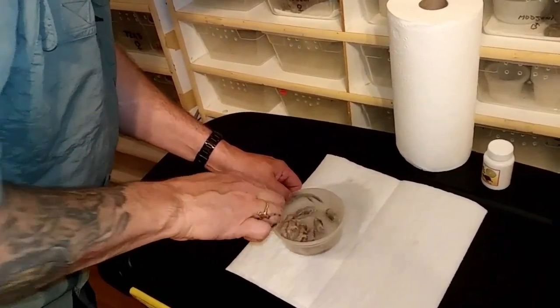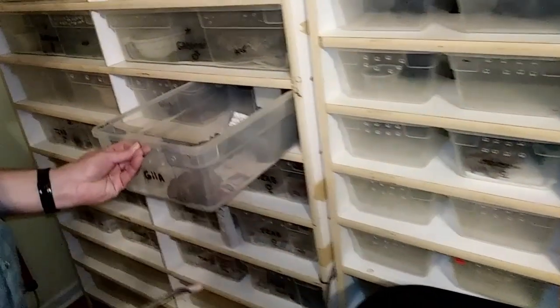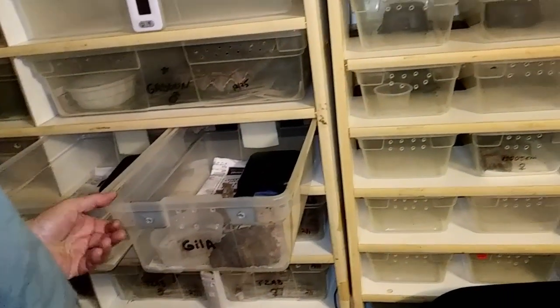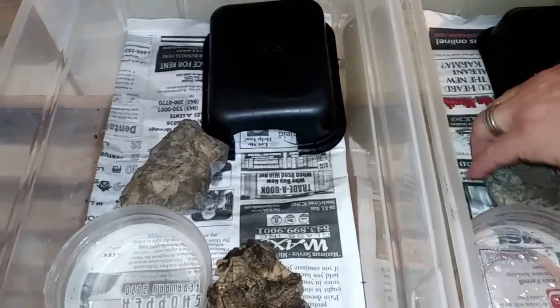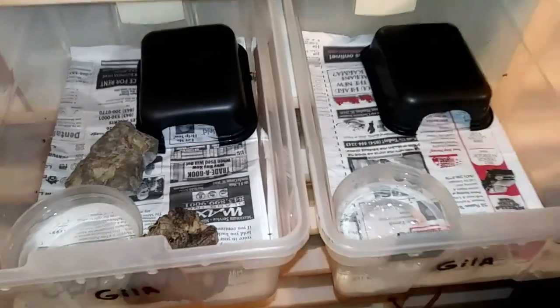And it's a little boost for them guys. It's good for them. But let's get these guys opened here. Can you come over on SID? I don't know. Do we need more lighting in there? No? Okay. Let me just take some of this stuff out of here because these guys are...